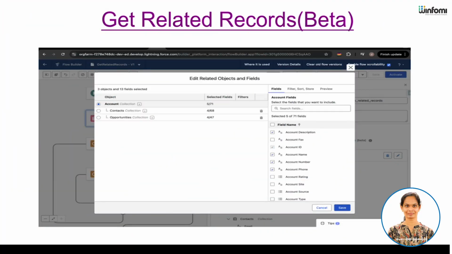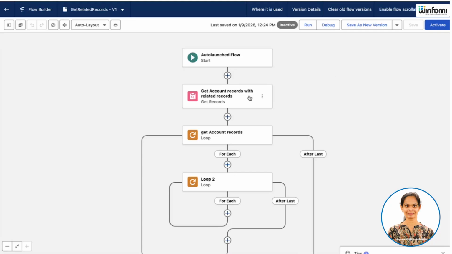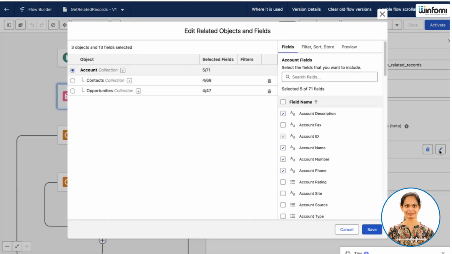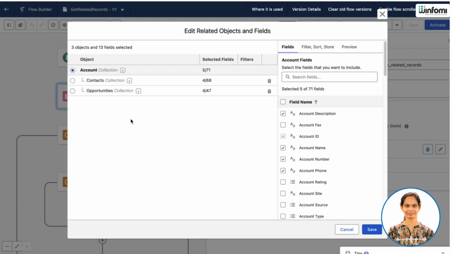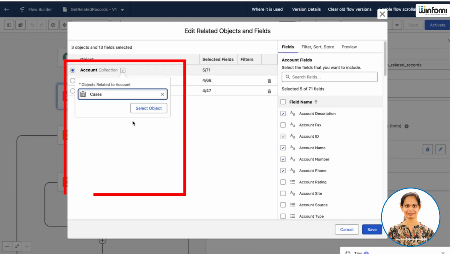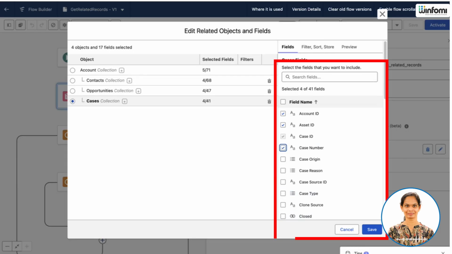Next thing is Get Related Records. It is in beta version. Suppose in Flow you want to get related records. For example, we have accounts and we want to fetch contacts and opportunity details. So this is a new feature where you can set that. If I'm selecting the case comments here, you can get the related record fields and get the